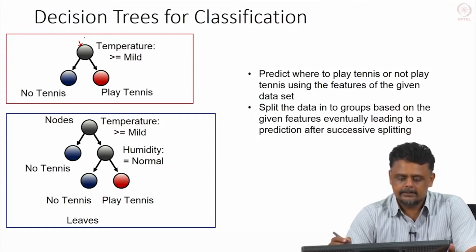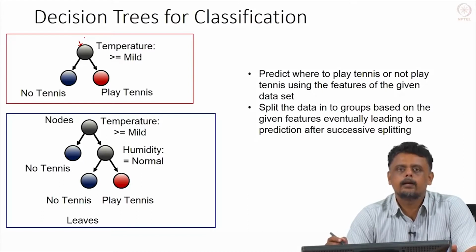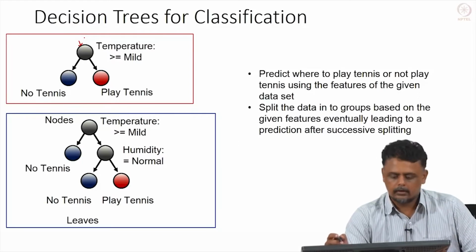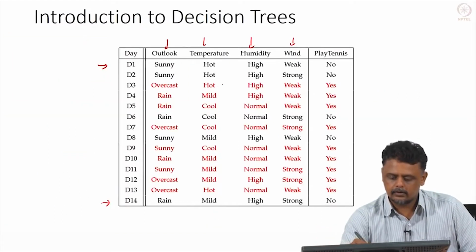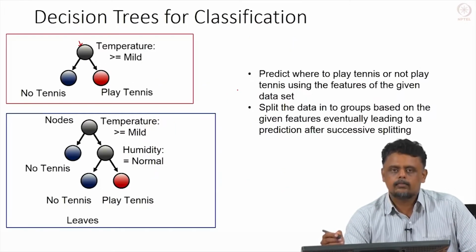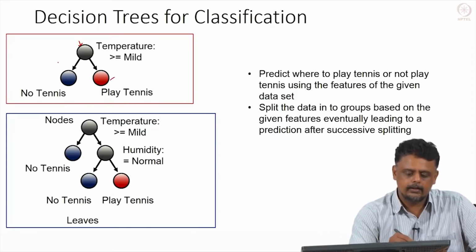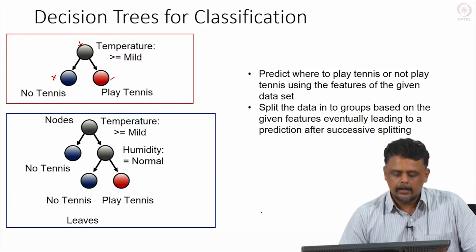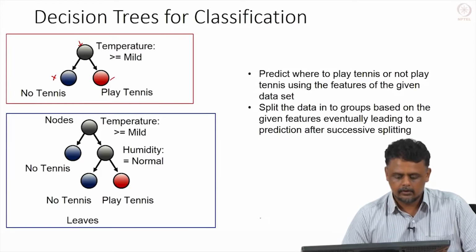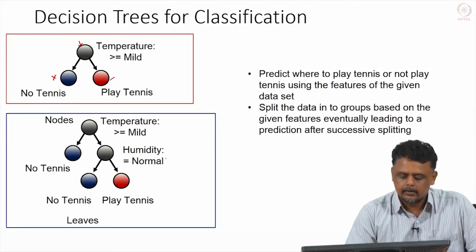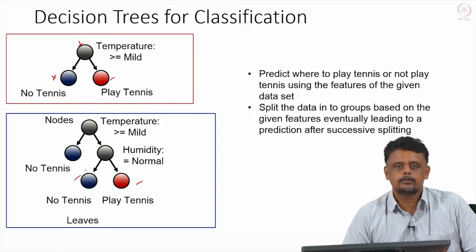And then we check whether the temperature is greater than or equal to mild. Now, just to recall, the temperature has mild, cool, hot. We go back and check here. So, hot, mild and cool are the 3 values that the temperature can take, categorical values. So, if the temperature is greater than or equal to mild, we decide to play tennis, otherwise we decide no, okay. So, that is the idea. And we do not have to stop with one question, we can go ahead and split further. So, we can check whether the humidity is normal or not. If the humidity is normal, then we play tennis, otherwise we do not play tennis, okay.